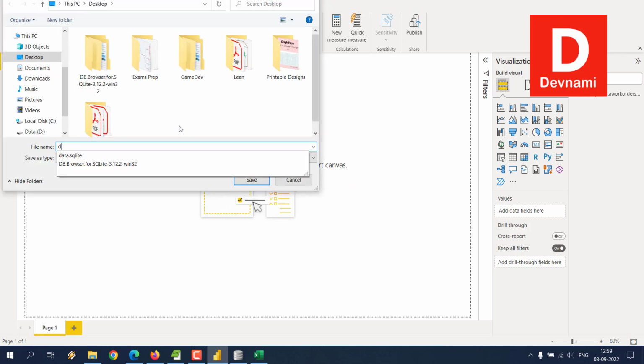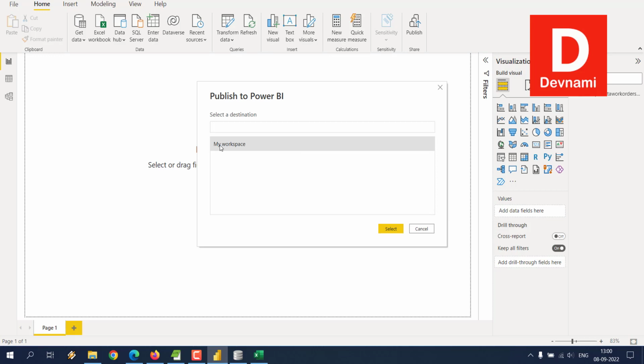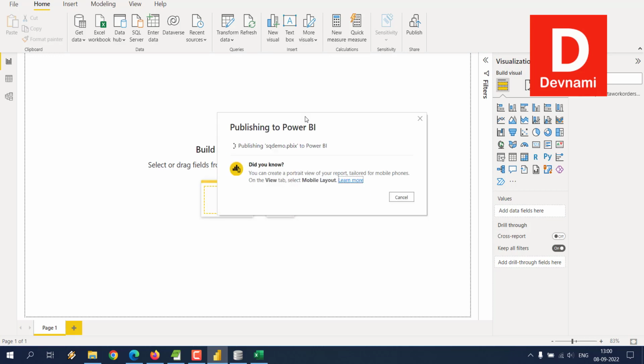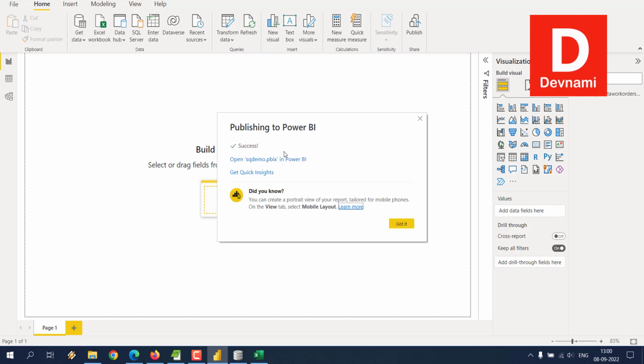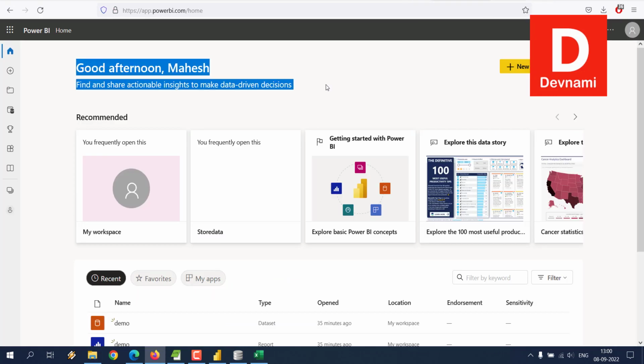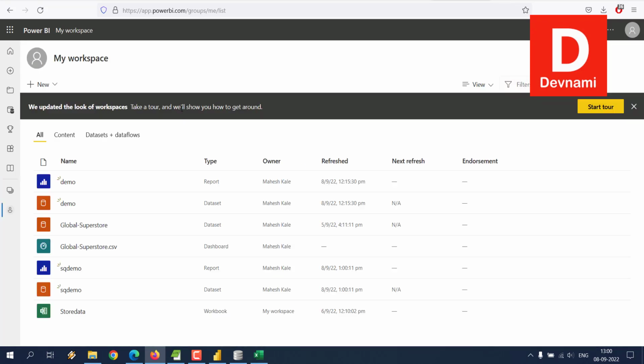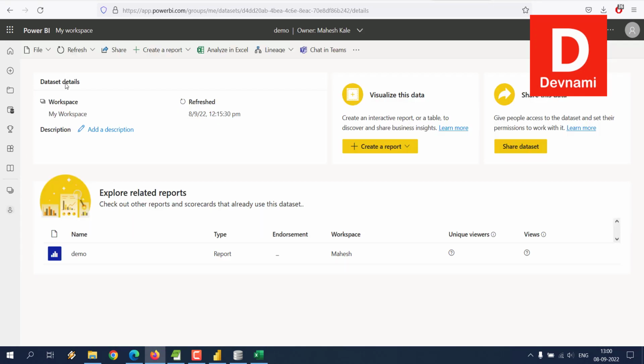right, and say SQ demo. So it's working. I will have to choose the workspace and then select it. Once we do that, the data goes to the cloud, and hopefully if it does, it says success. Click got it. Now go to your cloud account, go to your workspace from browse, then my workspace, then demo, right. So for that you choose your data set,